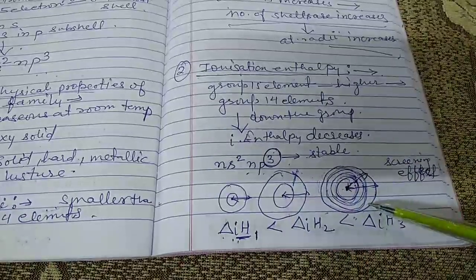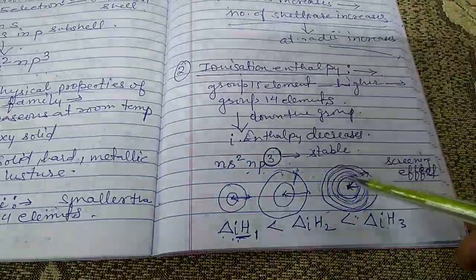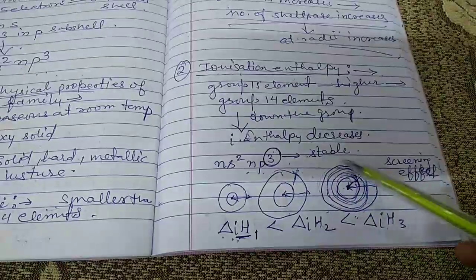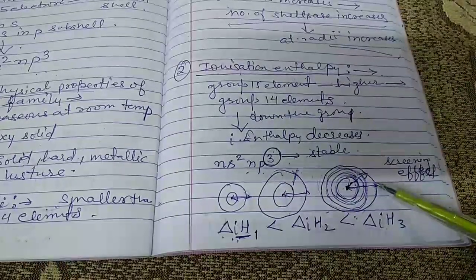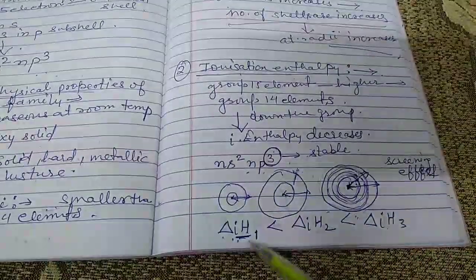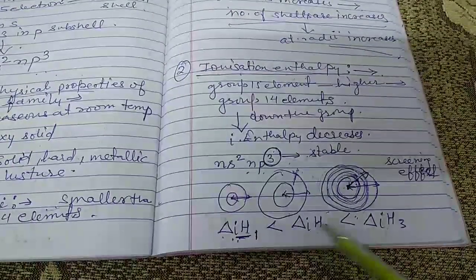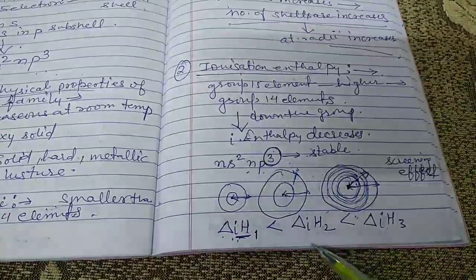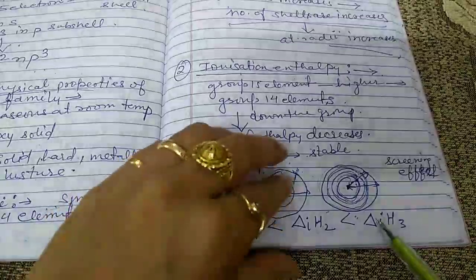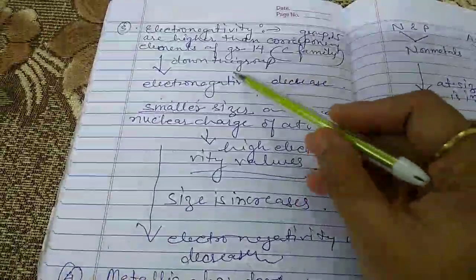And if we are talking about this case, we have already lost 2 electrons. Now the force of attraction becomes much higher in comparison to this one and this one. So if we want to remove the electron from here, we have to provide a higher amount of energy. So this is the sequence, that is delta H1 is lesser in comparison to delta H2. This delta shows the change, and H is used for the enthalpy, which is lesser in comparison to the delta H3.